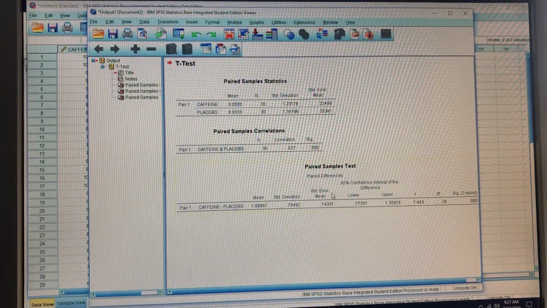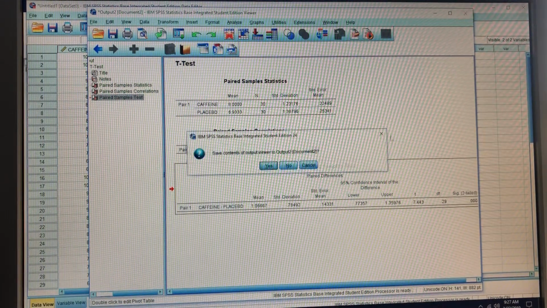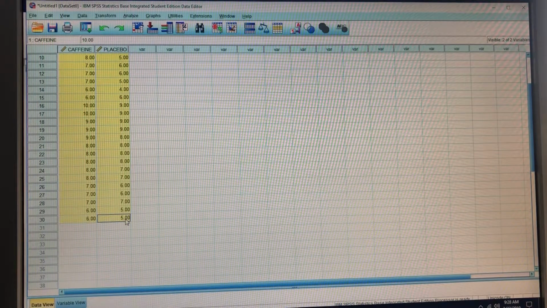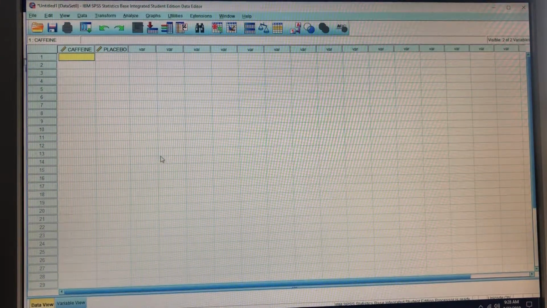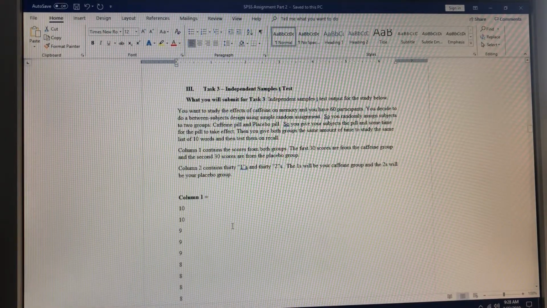And then lo and behold, there's our paired samples t-test output. You can highlight those things and put them into a single document that you'll submit into Canvas. And that is the paired samples t-test. Let's delete this data. Or you can open up a new file. I just deleted it. And the next task we're going to do is task number 3, which is an